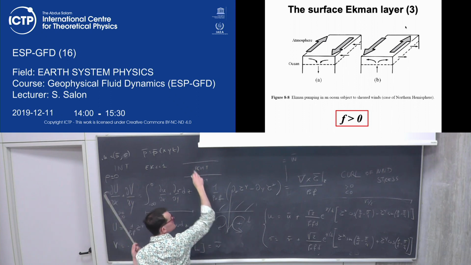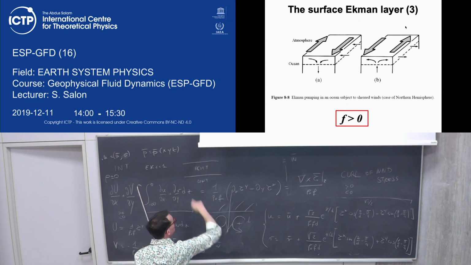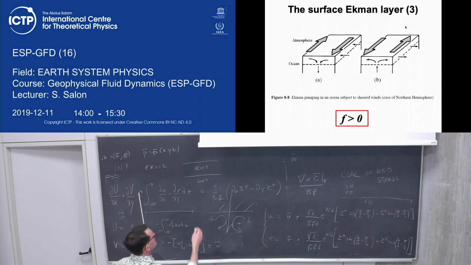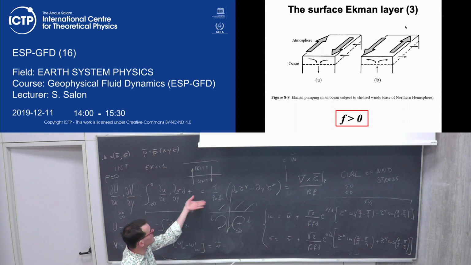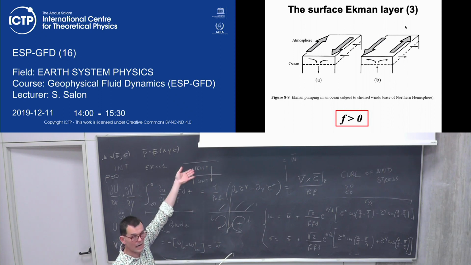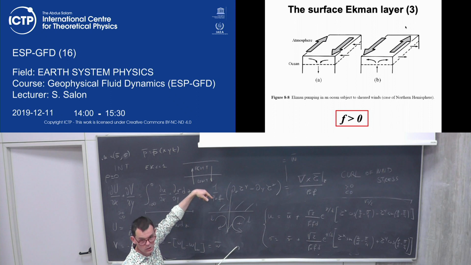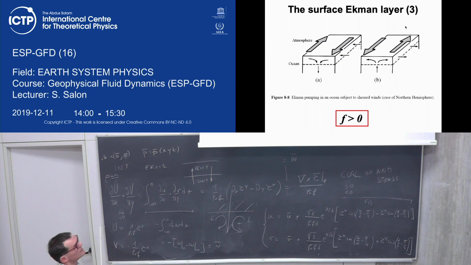And if you have this sort of mixing which is driven by the wind, what happens is this one. So part of the water will go up, and another part of the water, because of conservation, will go down. So there will be convection. And convection gives mixing. We will see it on Friday, I hope. Okay, so very few words on what happens when we move